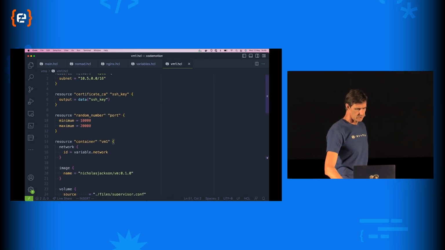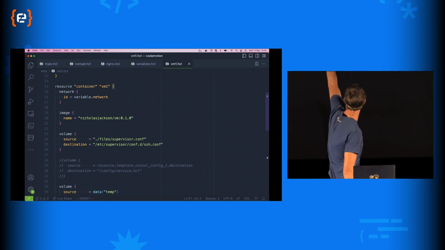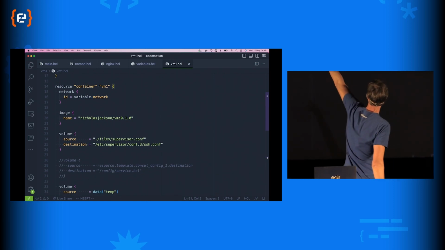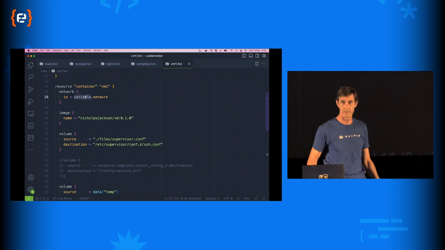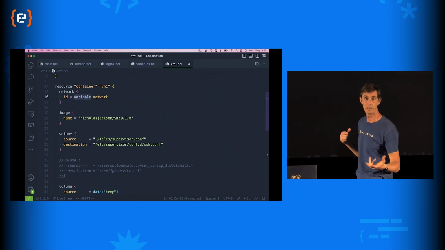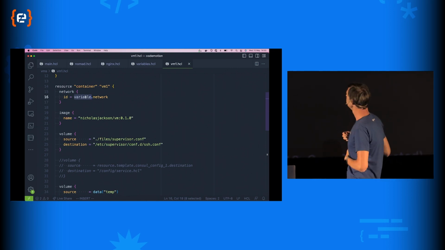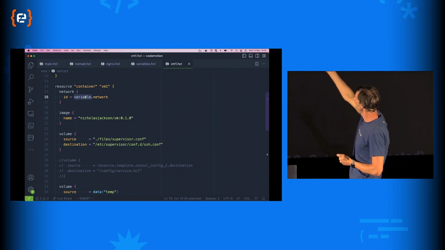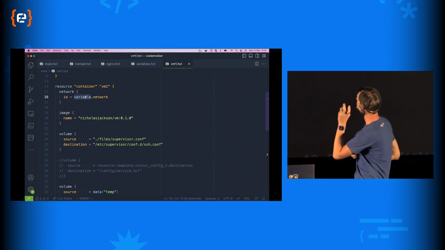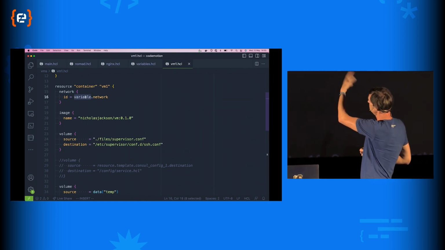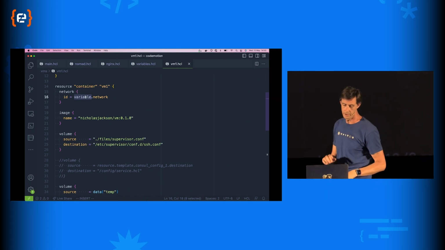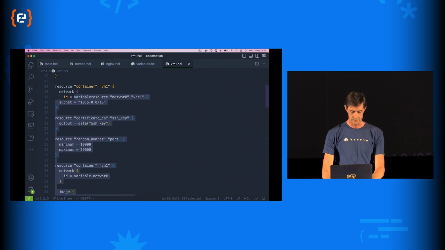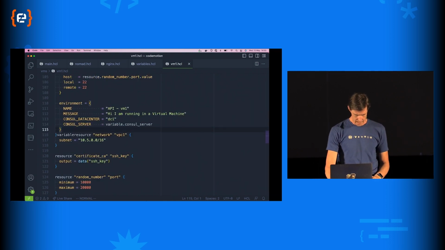And this is our container. So it's going to look like this. I'm going to call it VM1. I'm adding the network. Now, what this syntax here does is exactly the same as if you use Terraform. It's interpolation, so we're referencing a variable. The variable is going to be network. Until the network has been created, we will not create the container. And why did it do that?